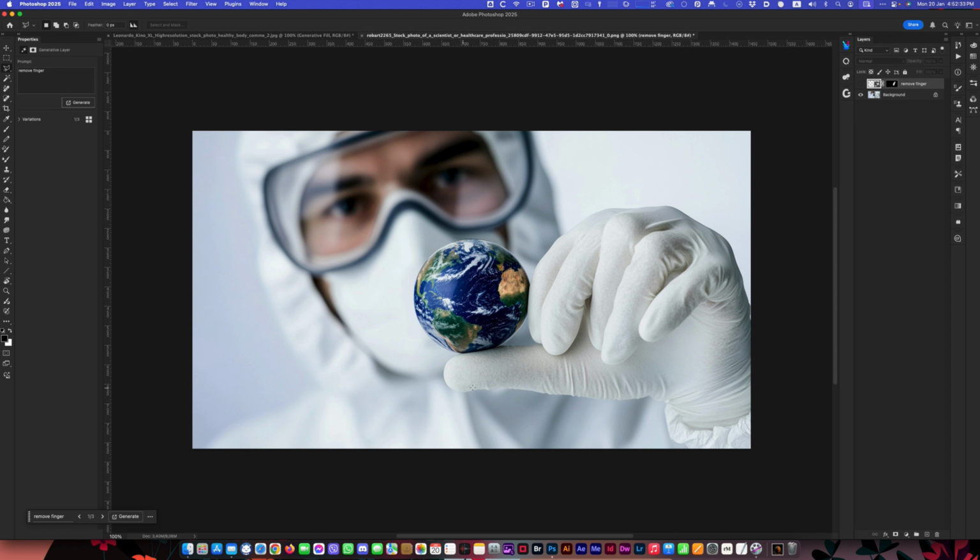Now this isn't necessarily too much of a problem because he's wearing a glove, so the AI is not going to see it as a real finger. So what I could do is select the actual area I want to change, make sure my panel's open, generative AI, type in remove finger, okay, and then if we press generate,